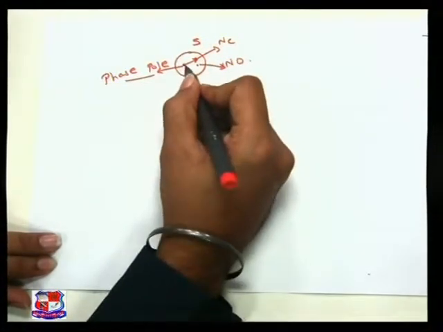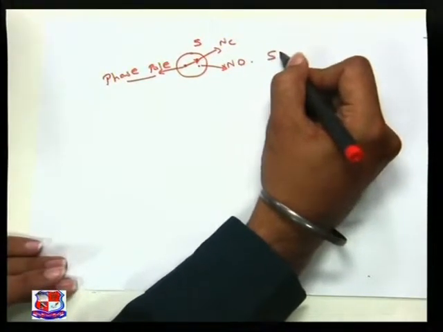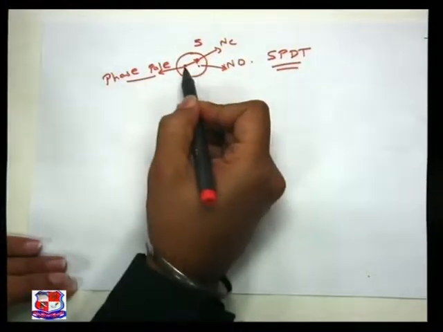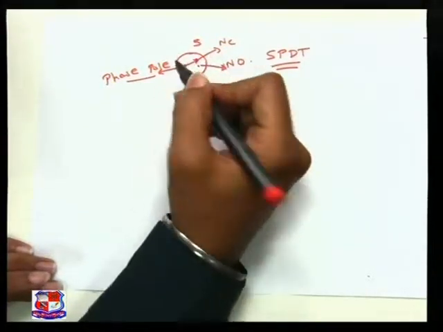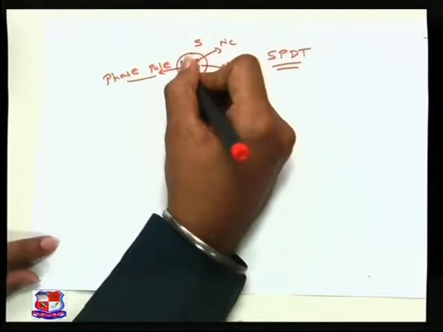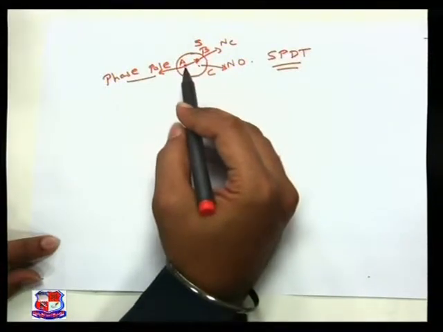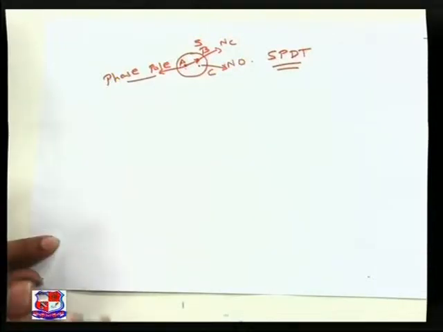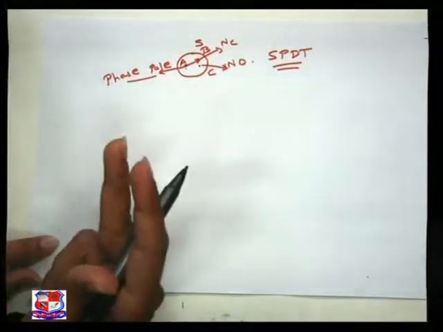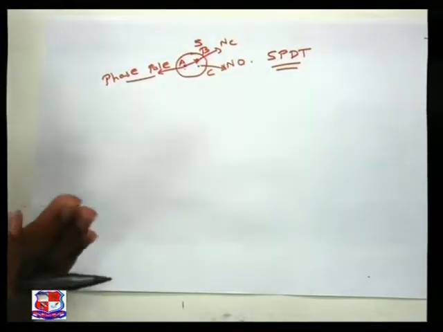So why do we say this is a 2-way switch? In some books they will write this as SPDT. It stands for single pole double throw. One pole is there, and double throw means there are 2 ways of connecting the switch. Normally it is connected. If I name it, the first pole will be A, the second B, and the third C. Normally it is connected between A and B, right? If you want to connect between B and C, we can change it. So with the help of one switch we can do 2 functions. Directly it is connected between A and B, and if you want to switch between A and C, you can do it, right?